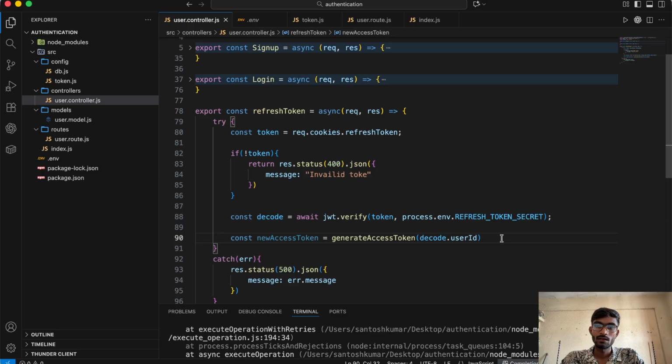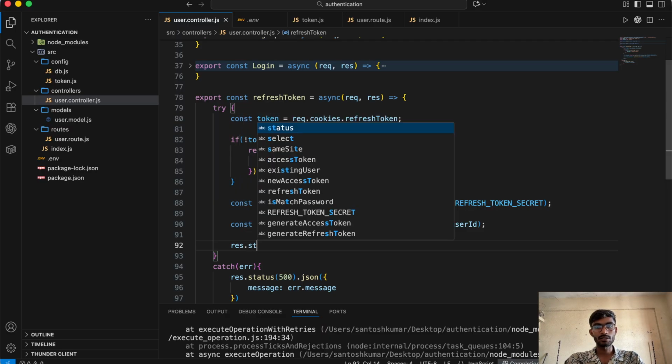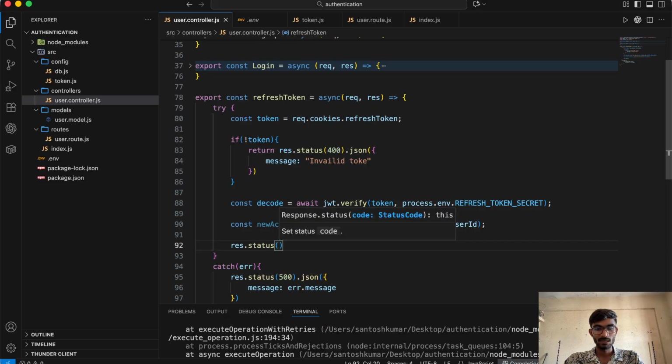Okay, new access token. I am rotating, because when my access token is expired, the refresh token is used to maintain the user interactivity. That process is called rotating the token. And in the response I send response.status 200, and